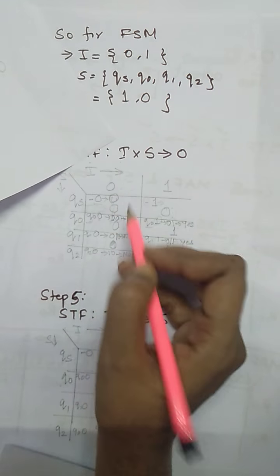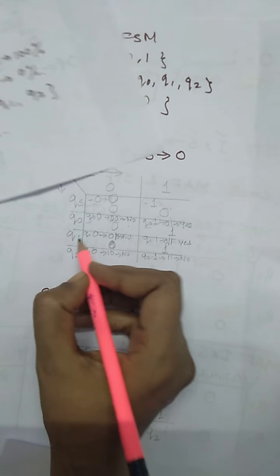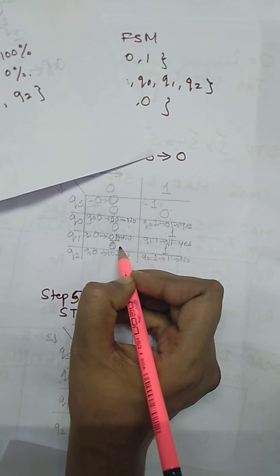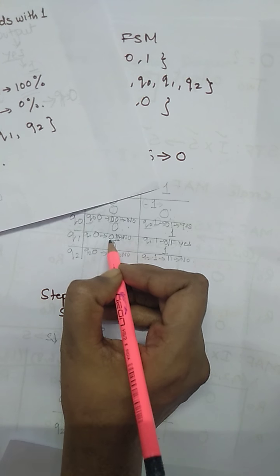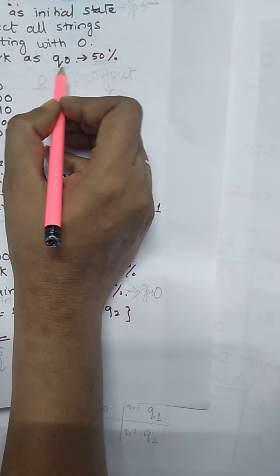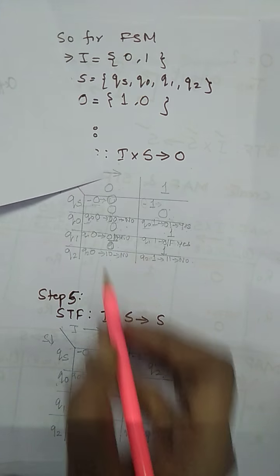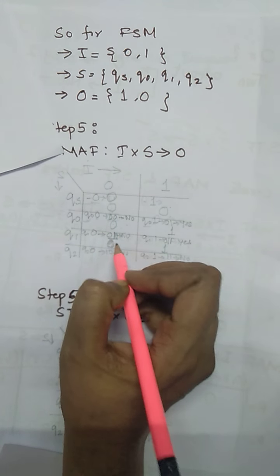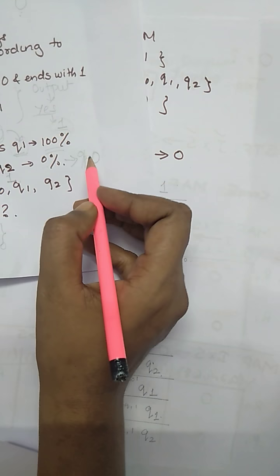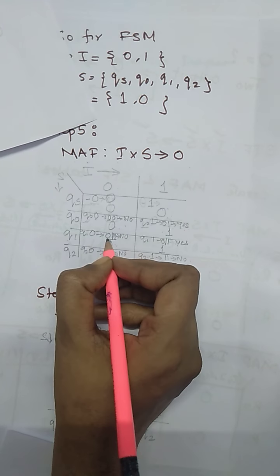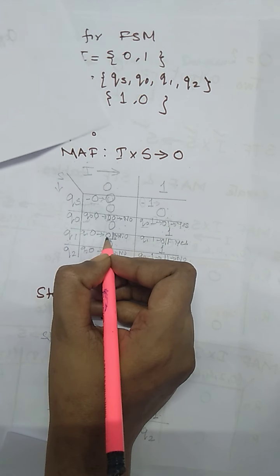Now Q1 on 0. What is the Q1 state? Q1 is the state that starts with 0 and ends with 1. So Q1 with the next bit as 0 gives 010. So the output is no, for this kind of string which started with 0 and is indicated by the state Q0, but the output is no. The output no is indicated by 0. Now we mark this in the machine function. Now in the state function, Q1 on 0, where is it going? The string started with 0 and is ending with 0, but the string has started with 0.